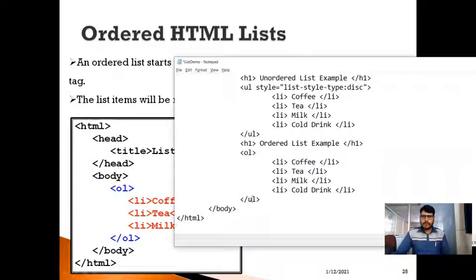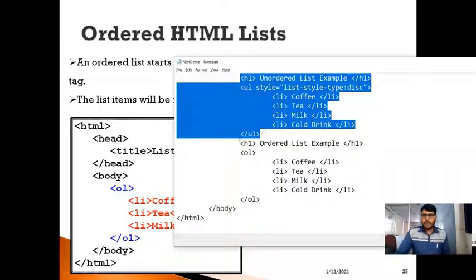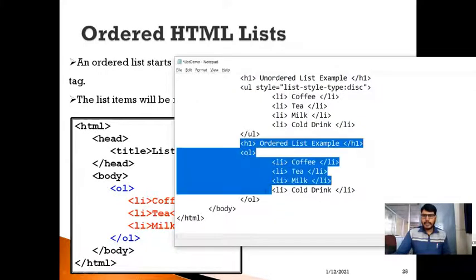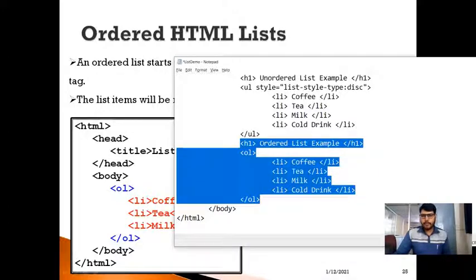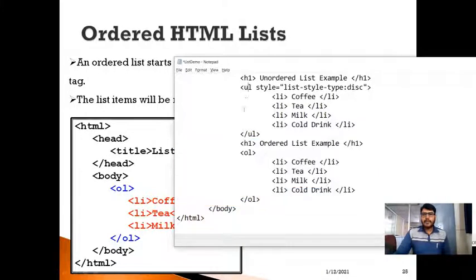That's it. Look at what I have done: I have just copied this code, the same code has been pasted here, and instead of unordered list example, I specify ordered list example, and instead of the UL tag, I specify the OL tag to indicate an ordered list.